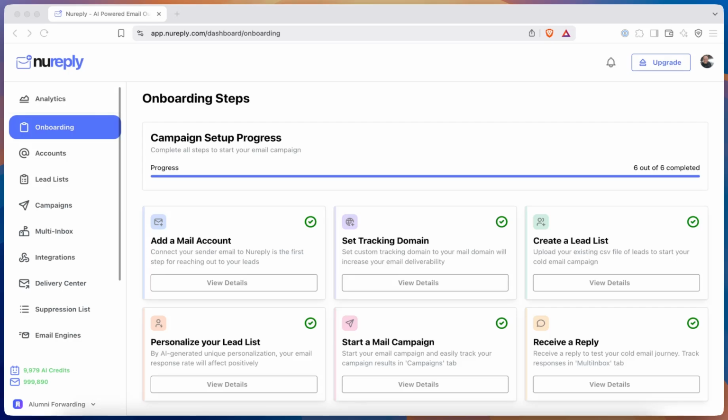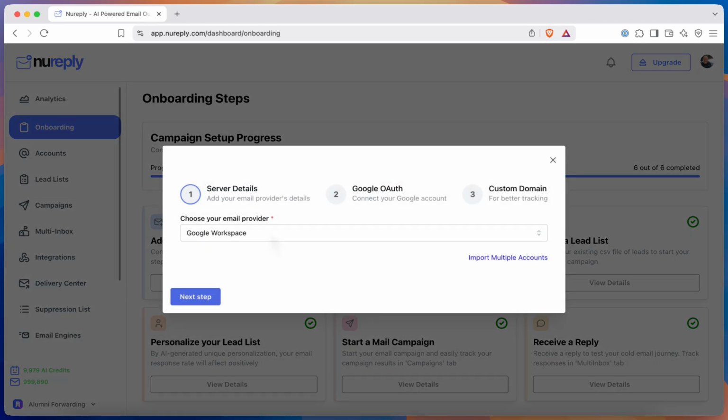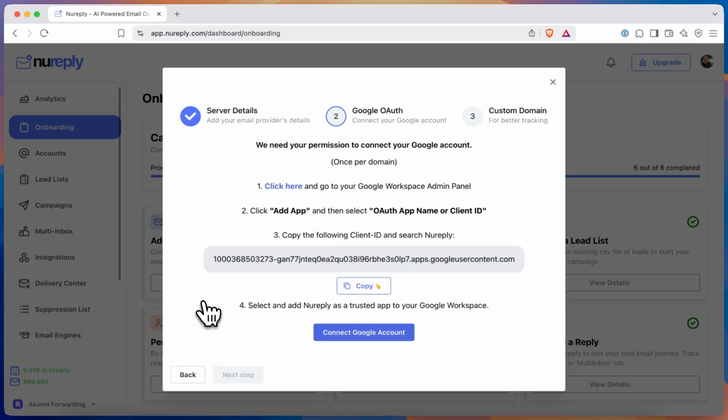One of the most essential parts of prospecting is connecting your email account. We're going to go through here and we're going to add Google Workspace. And the overview of this process is you should be an admin on the Google Workspace that you are trying